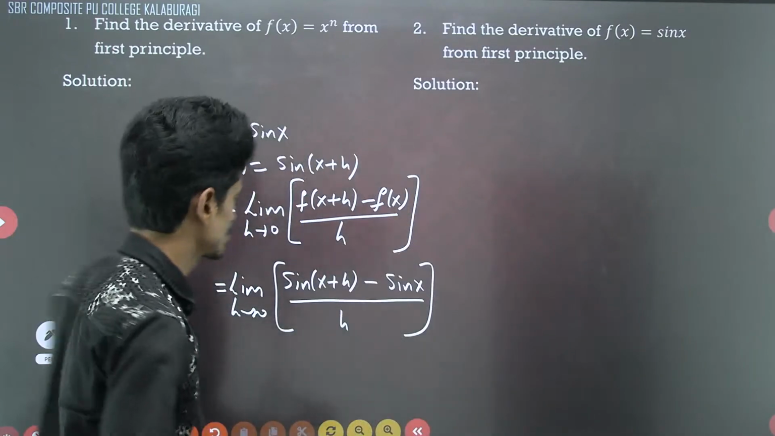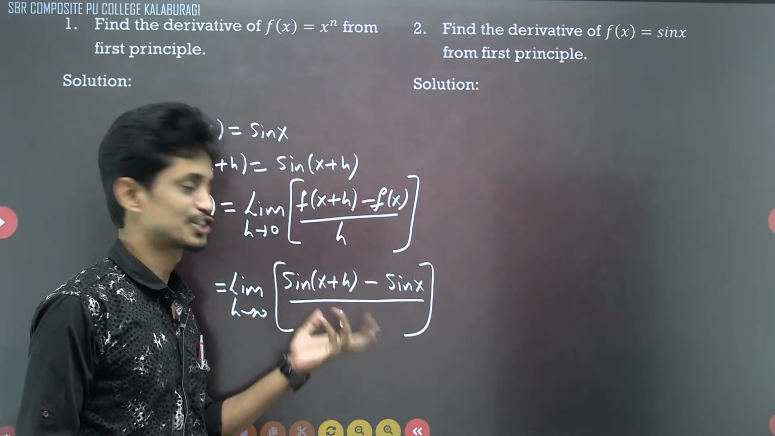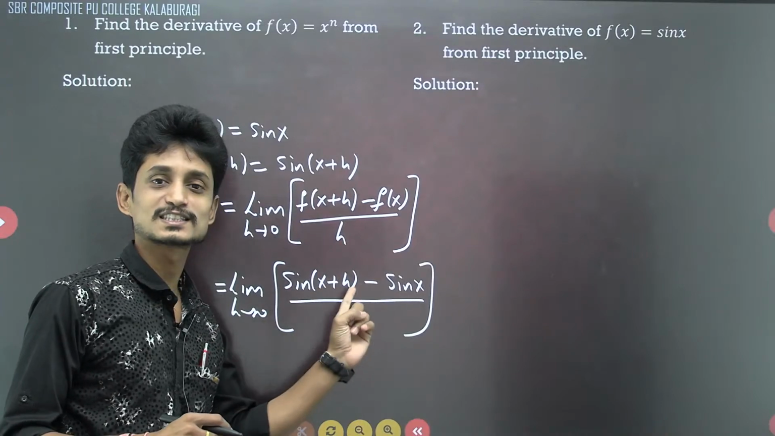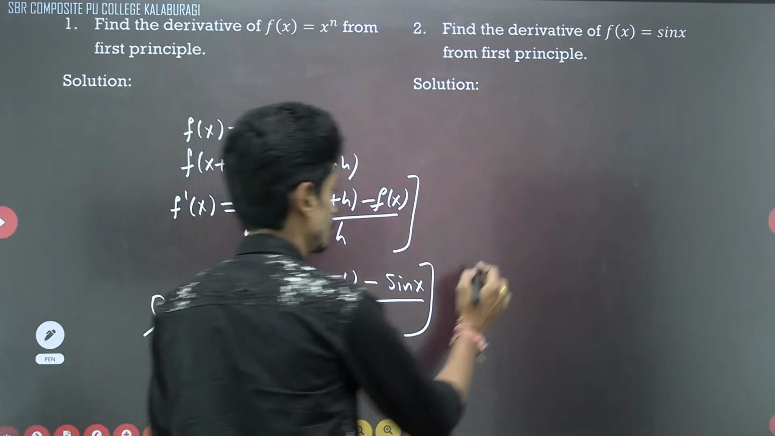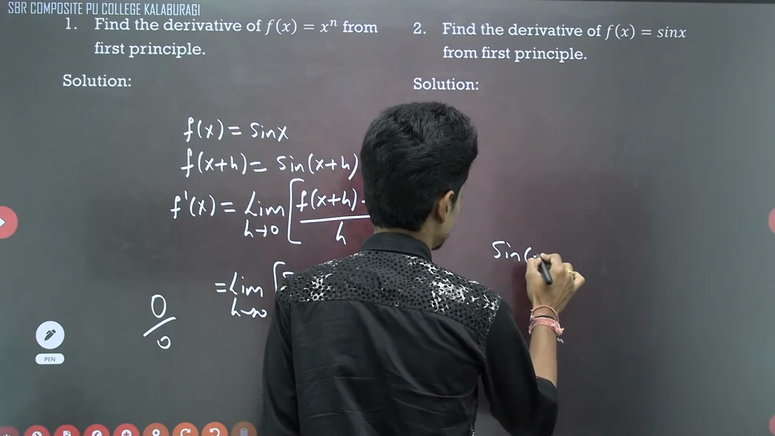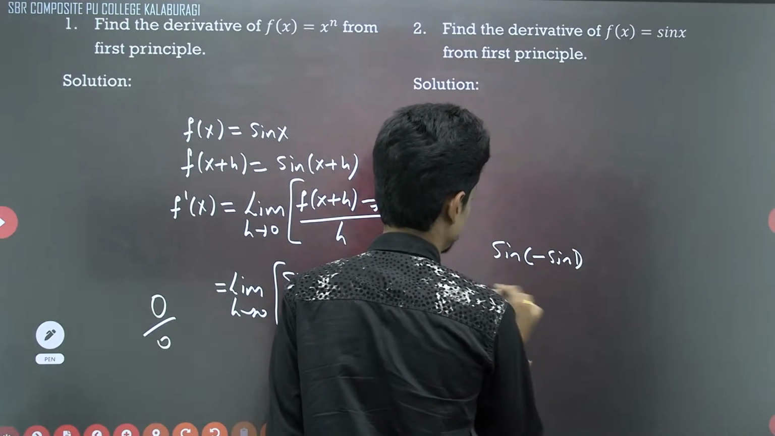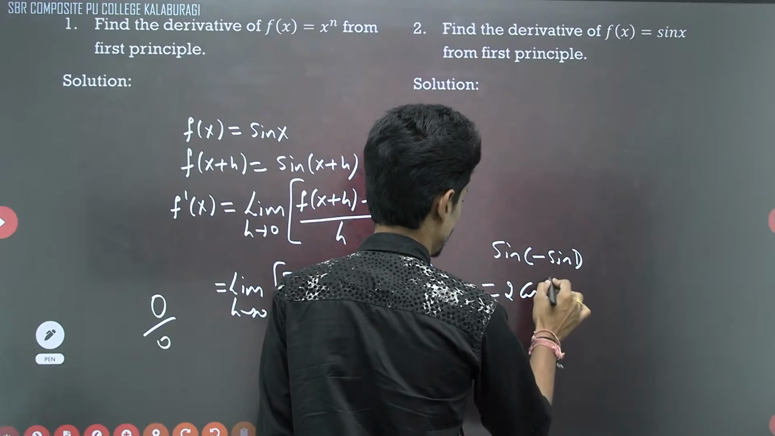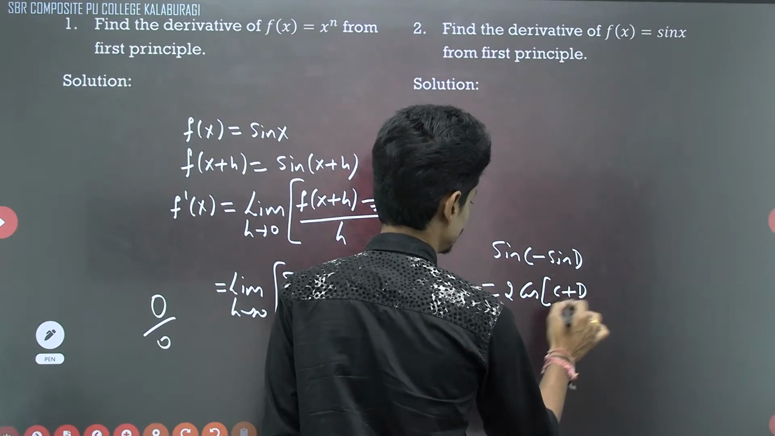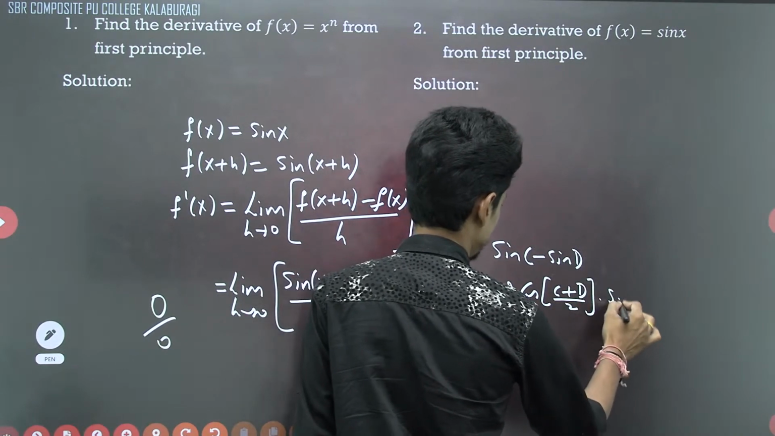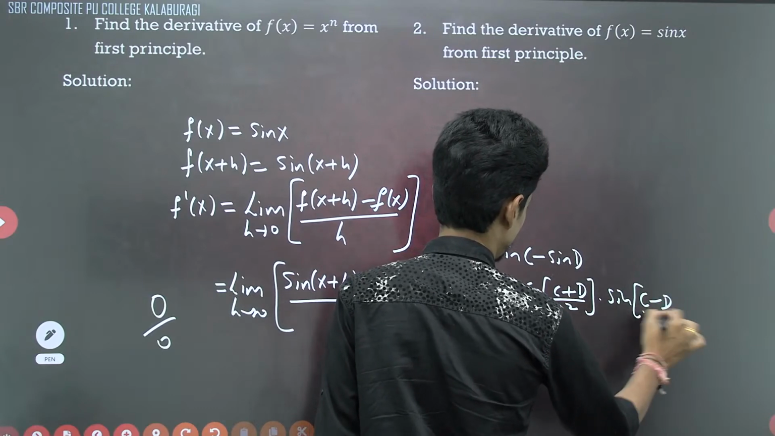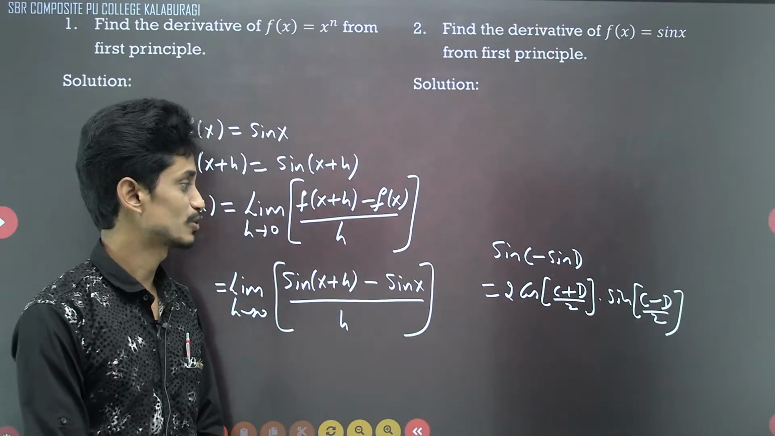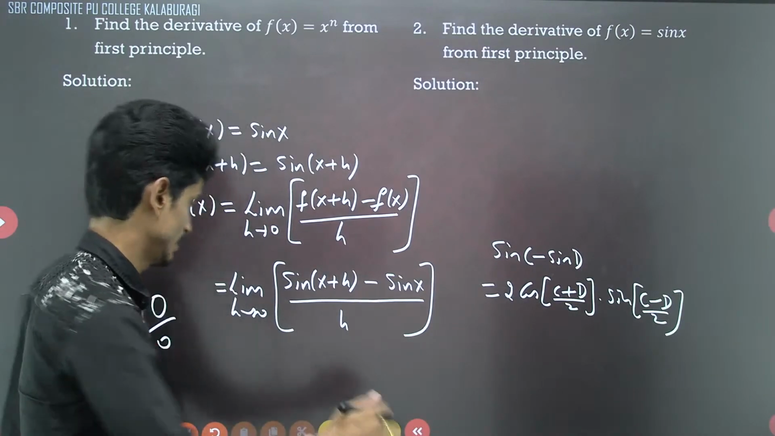It's very simple, dear student. Here the trigonometric ratios suggest what we can do. This is of the form sin c minus sin d. Remember that formula? Sin c minus sin d is equal to 2 times cos of (c plus d) divided by 2 into sin of (c minus d) divided by 2. Applying that formula,